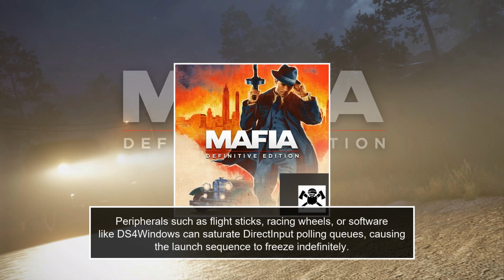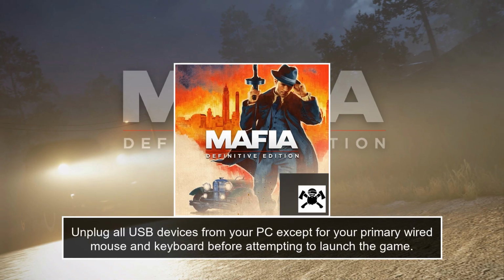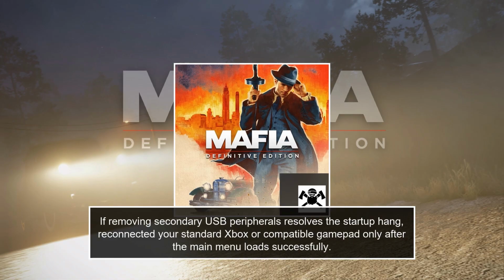Peripherals such as flight sticks, racing wheels, or software like DS4Windows can saturate direct input polling queues, causing the launch sequence to freeze indefinitely. Unplug all USB devices from your PC, except for your primary wired mouse and keyboard, before attempting to launch the game. If removing secondary USB peripherals resolves the startup hang, reconnect your standard Xbox or compatible gamepad only after the